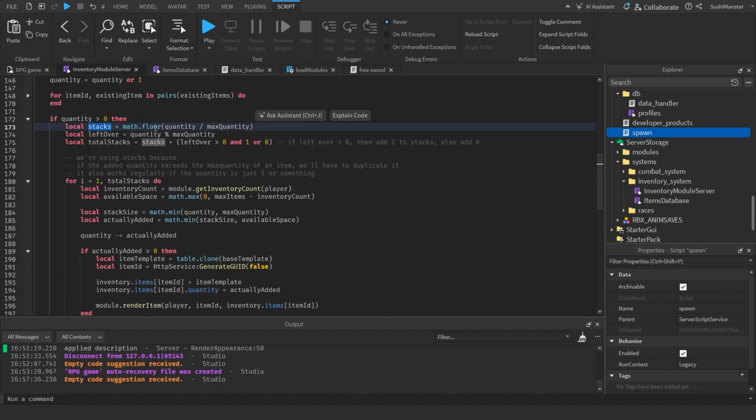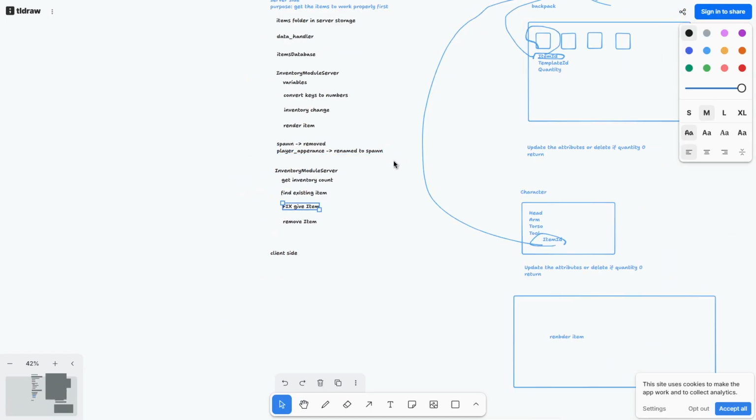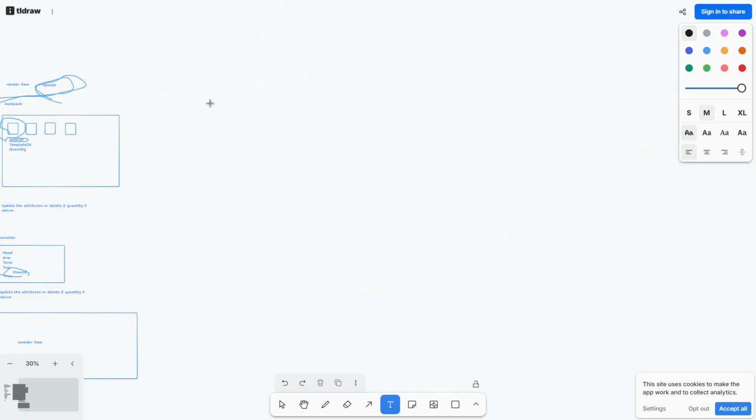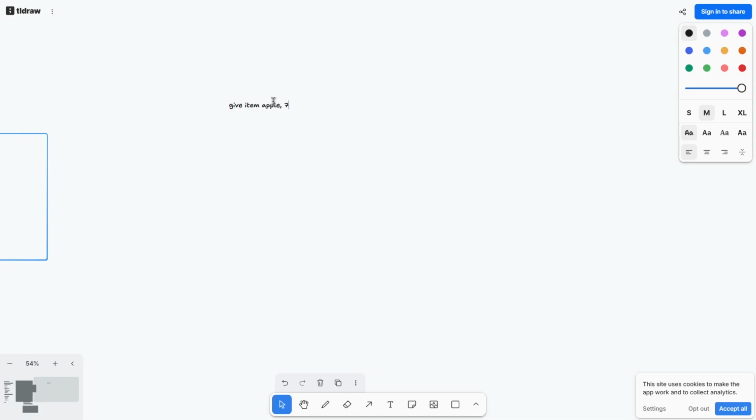Okay, stacks equals math.floor quantity over max quantity. What this is saying is we're getting stacks from the quantity parameter. So I'll actually visualize this. So here we give item apple 70, okay, to player A. Player A has an existing apple with 7